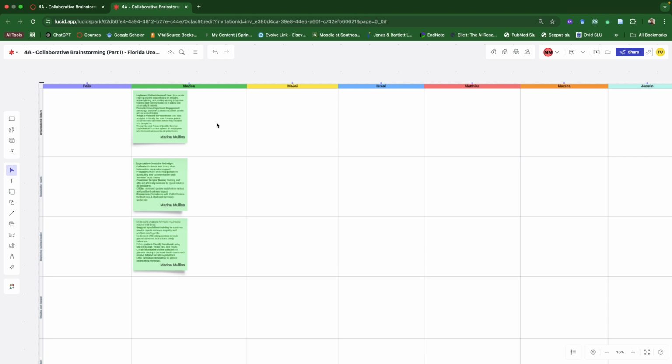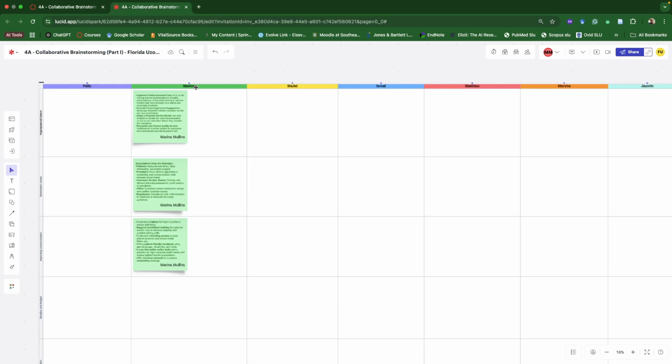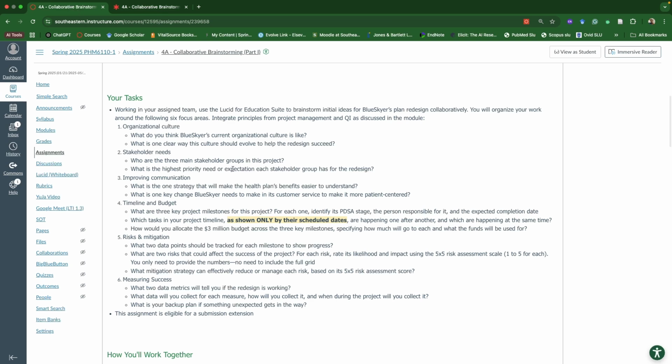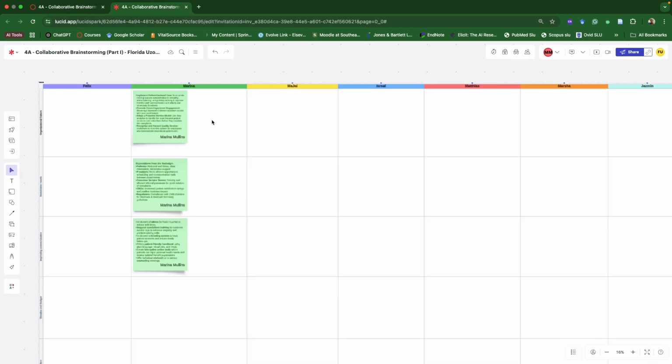So you want to really get straight to the meat of it. Just answer the question. What do you think is our current organizational culture like? At the very most, two or three sentences should be enough to answer that question. So you're not writing a whole lot of things in it. Remember, this is your idea generation. You're still going to flesh it out, but it just helps you in thinking through. Right. So that's, like I said, the first stage of your assignment.